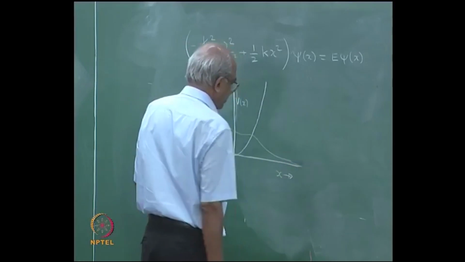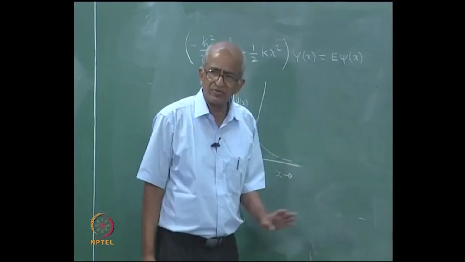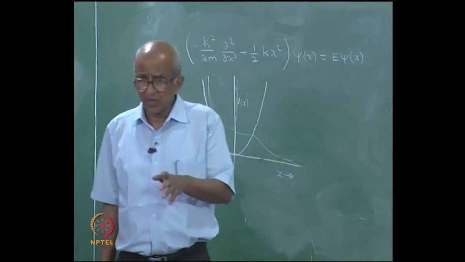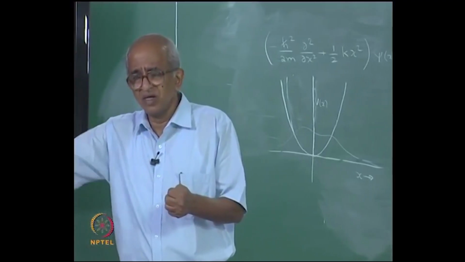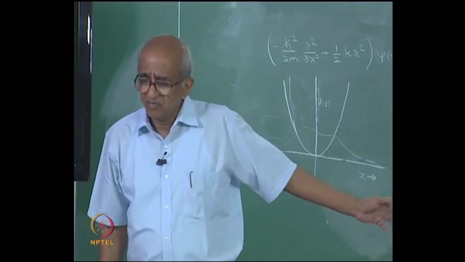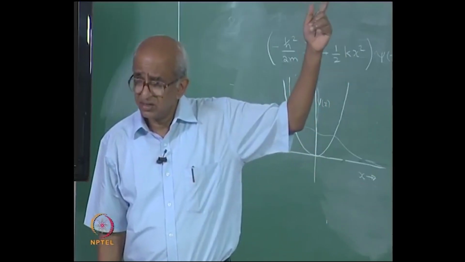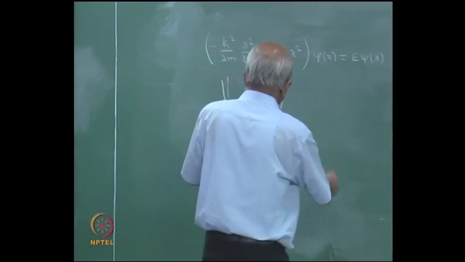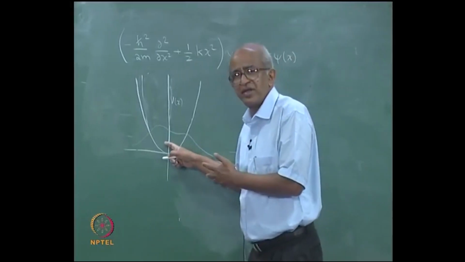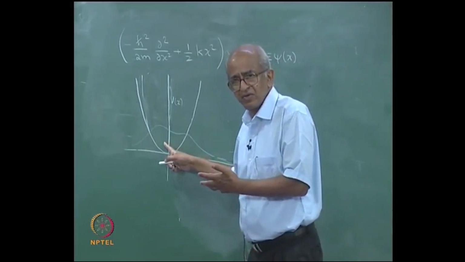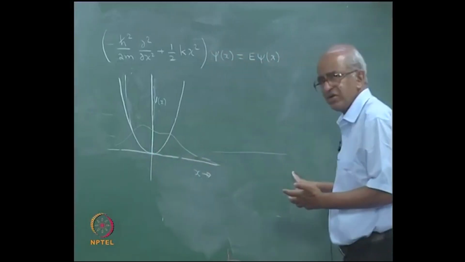Now, I can definitely say that, see, if we are going in for large values of x, there the probability of finding the particle has to be decreasing. Why? Because when the value of x is very large, the potential energy is getting very large. So, in this region the potential energy is extremely large, and my particle has only a finite amount of energy,